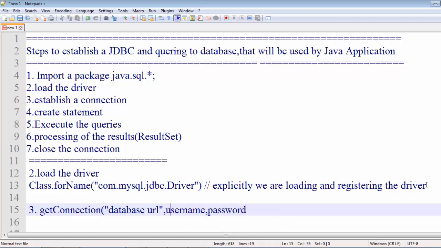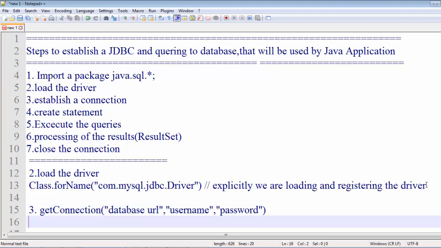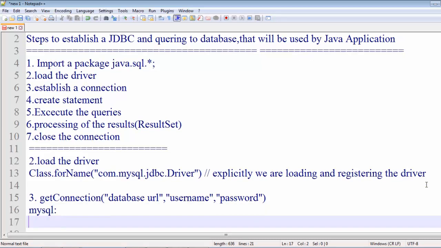This username and password are the username and the password of your RDBMS that you have installed in your system, the ones you set at the time of installation. If we are using MySQL, the username is by default root.